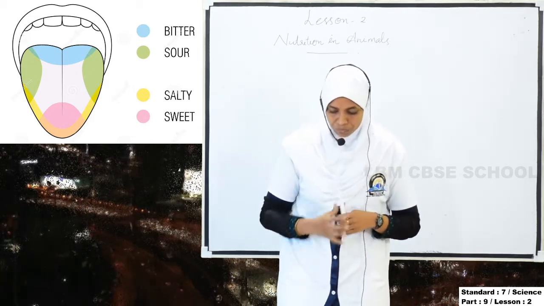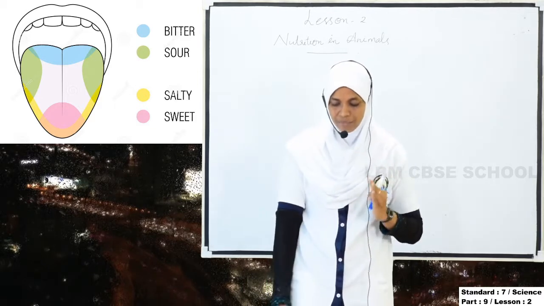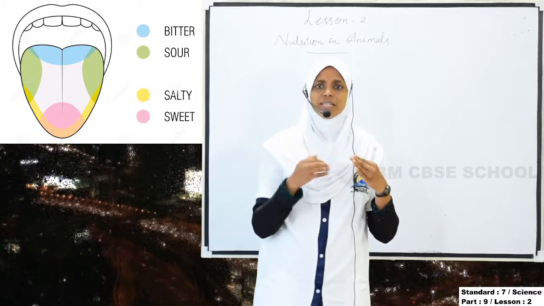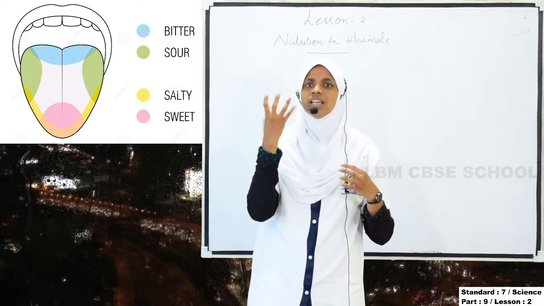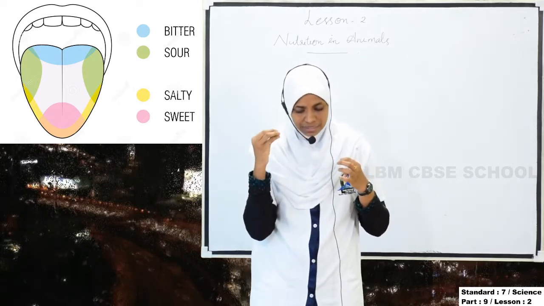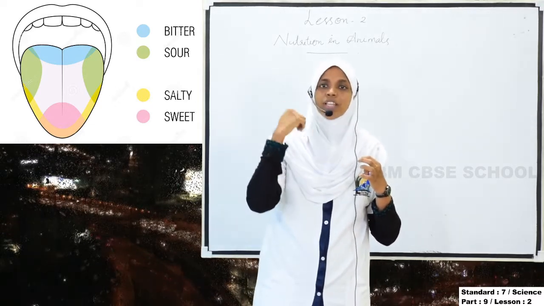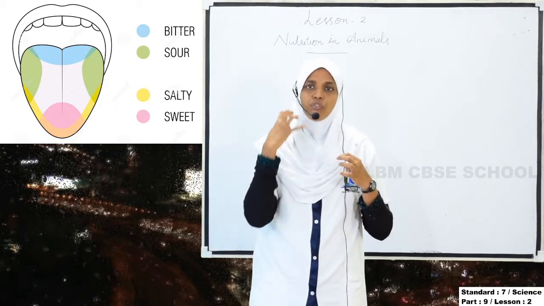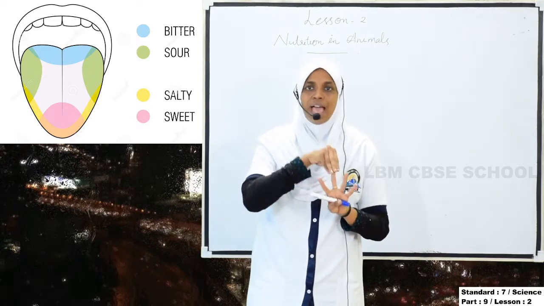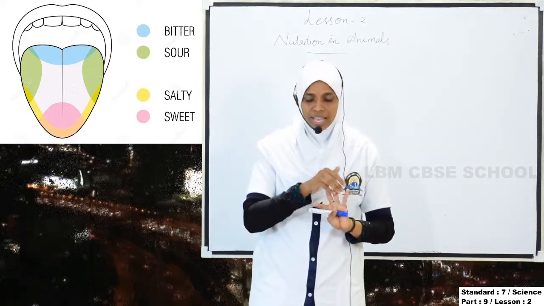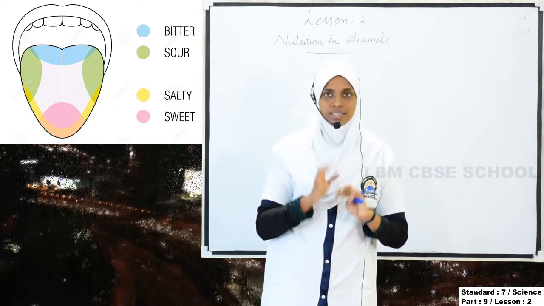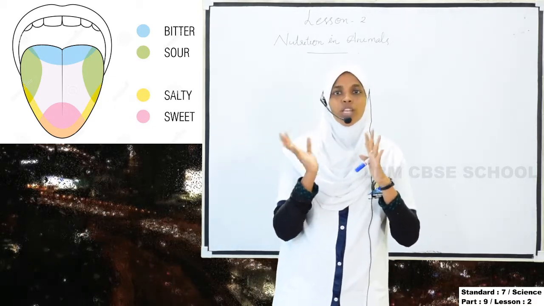Besides, it mixes the food with the saliva during chewing and helps in swallowing the food. We have already discussed that. In our mouth there is saliva, and the food mixes with the saliva during chewing, and the tongue helps in swallowing the food. So what are the three uses of the tongue? To taste the food, to swallow the food, and to help in talking. സംസാരിക്കാനായിട്ട് സഹായിക്കുന്നു. These are the main important uses of the tongue.